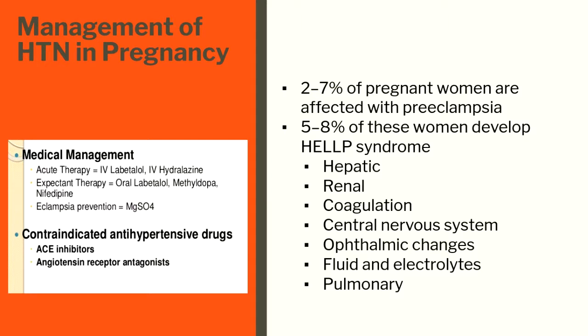Medical management, if it's acute, she walks in and her blood pressure is 190 over 130, I'm going to have to give her IV labetalol or IV hydralazine to lower and initially just drop her blood pressure. If it's maintained and stabilized, maybe we can continue oral therapy, but usually we're also going to give her magnesium sulfate to make sure she doesn't have a seizure. That's how we're going to manage it. There's more on this. I feel like the slide should be a few slides later.